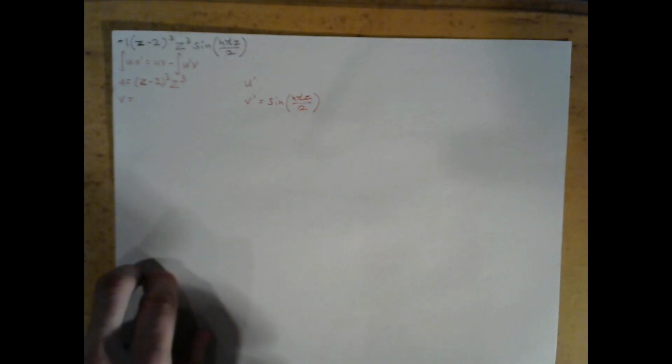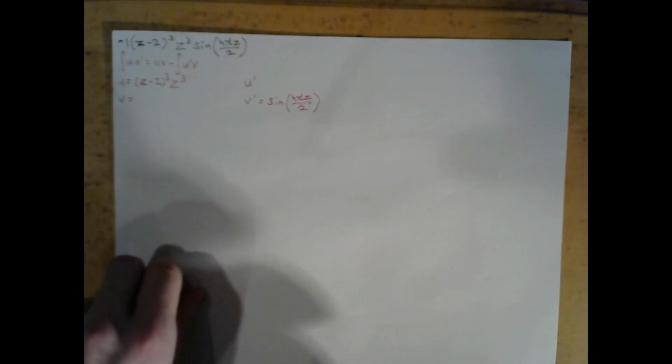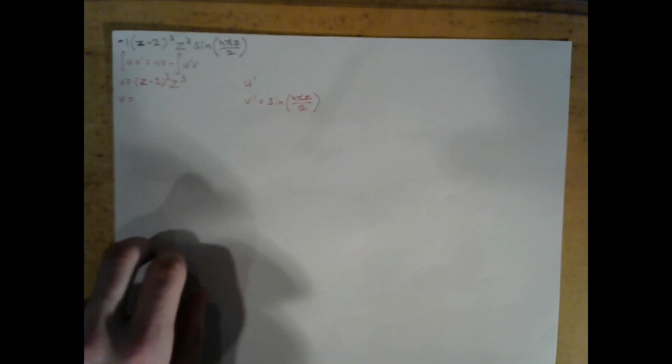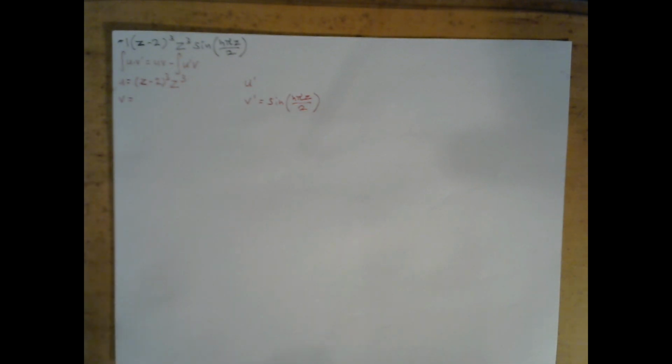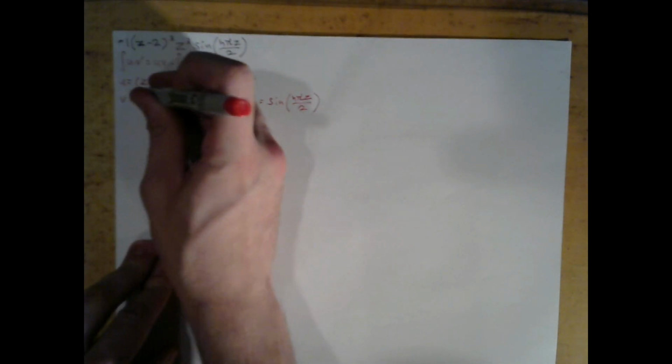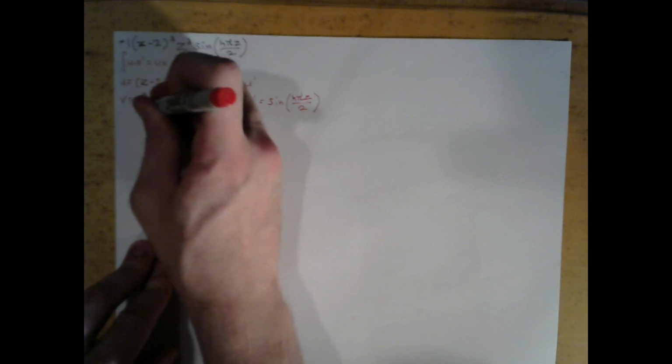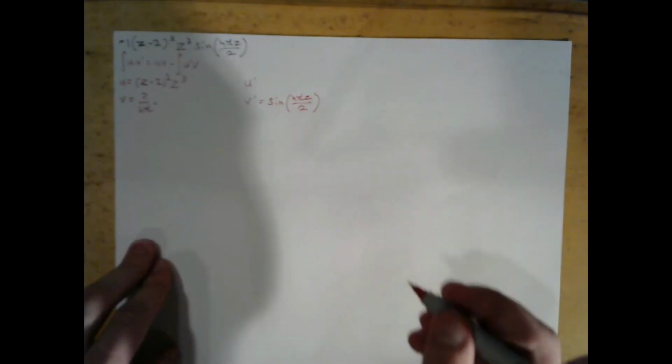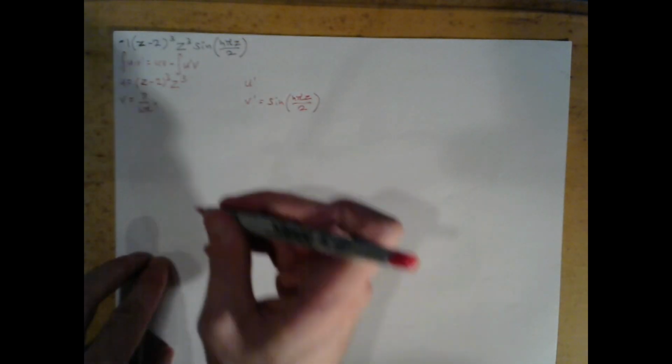Okay, so now for our v, we're just going to do a simple u substitution. I'm not going to write this out on paper because this is pretty intuitive. The thing on the inside, the u per se, is going to be hπz/2, and that's really just one constant, hπ/2, with z the only variable, so we're going to wind up with the inverse of that constant out front, just like on a regular u sub. So we're going to wind up with 2 over hπ multiplied by, and again, the integral of sine is